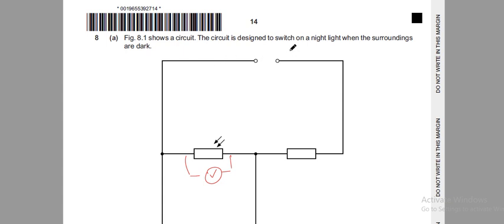The circuit is designed to switch on a night light. Night light means a lamp that lights on when night starts or after the day. We found that some lamps are automatically switched on. Here is the circuit